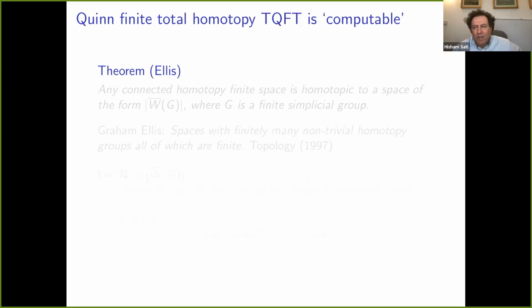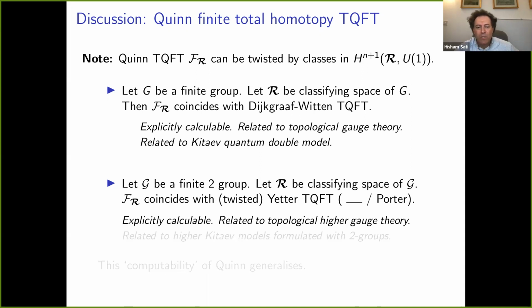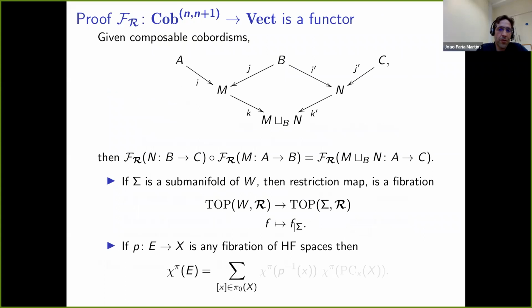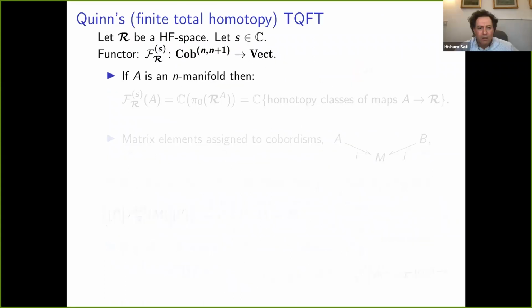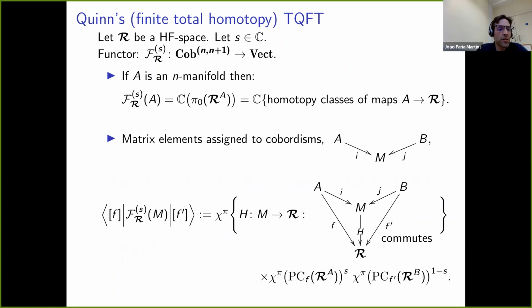Sorry, before that, can I ask a question, please? Yes, so I had a simple question from earlier. What's the role of that complex number S? Is it given to us, or is it something we discover? It's a parameter. For each parameter, you get a different TQFT, but they are all naturally isomorphic.